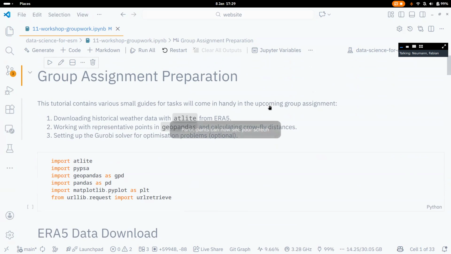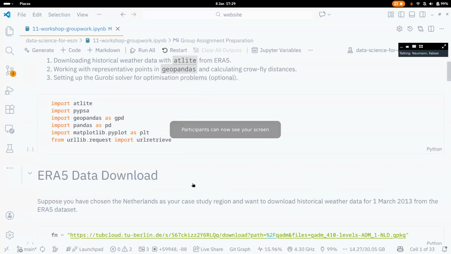It has global coverage, but so far I always provided you with a file for, I think, was it Luxembourg or Portugal or something like that. And now I want to show you how you can download that yourself from a service that's called Copernicus Climate Data Store, CDS, where they provide all of this data,